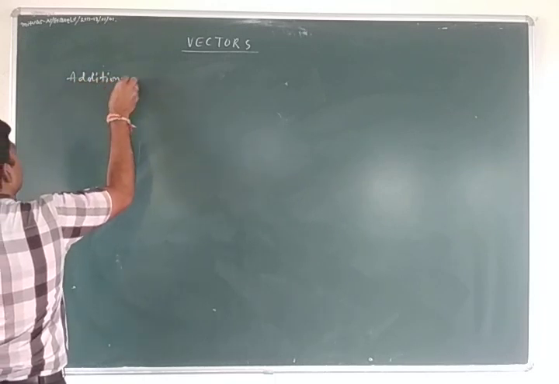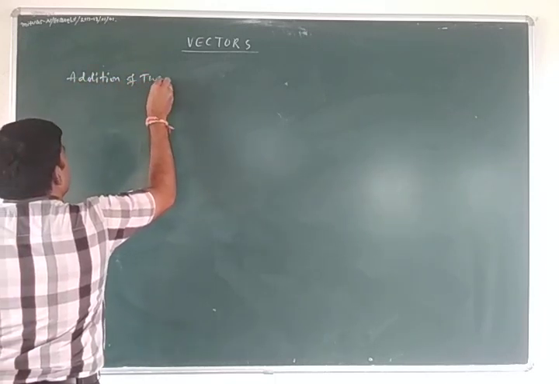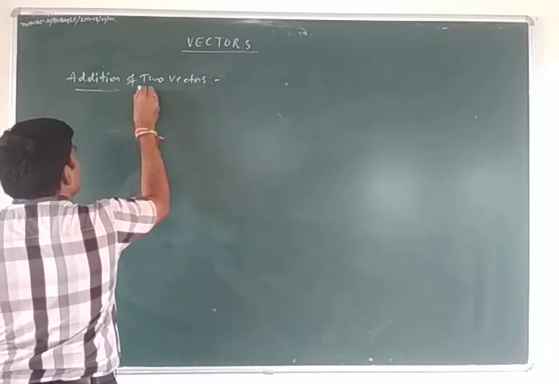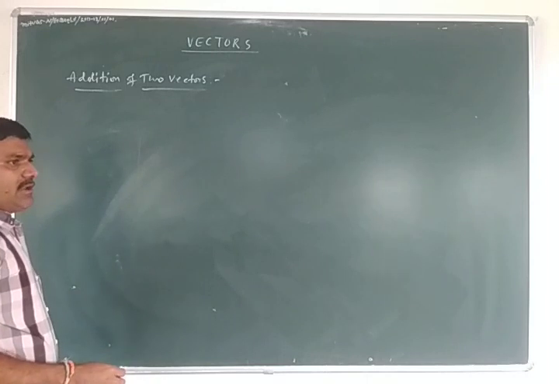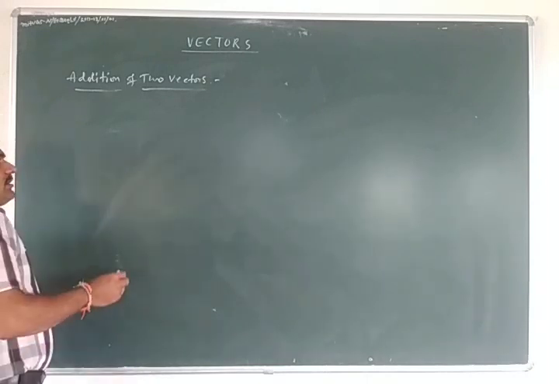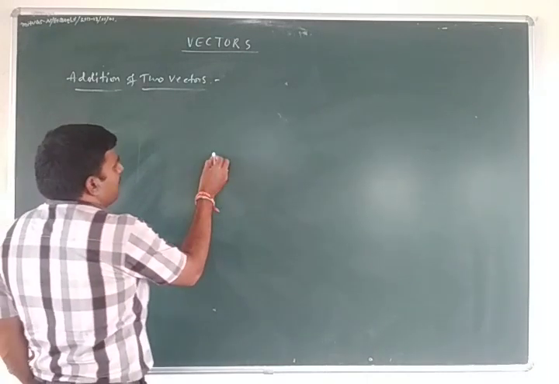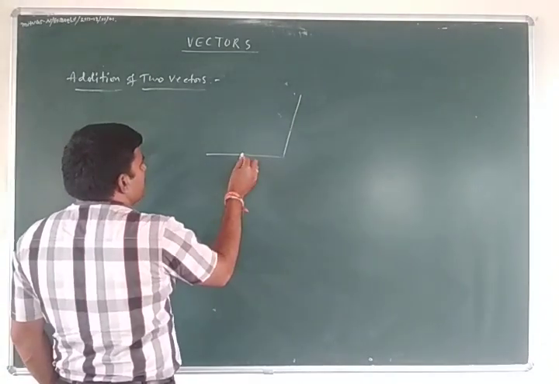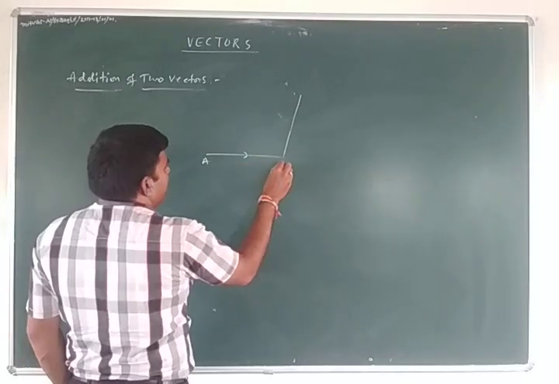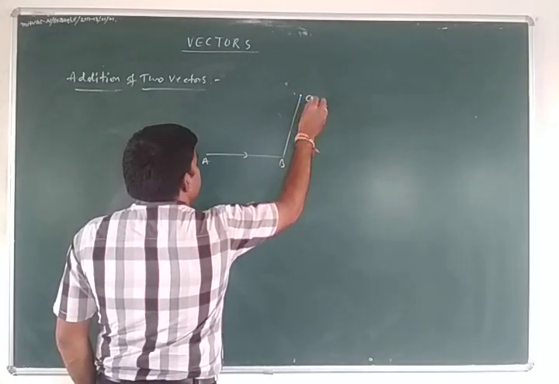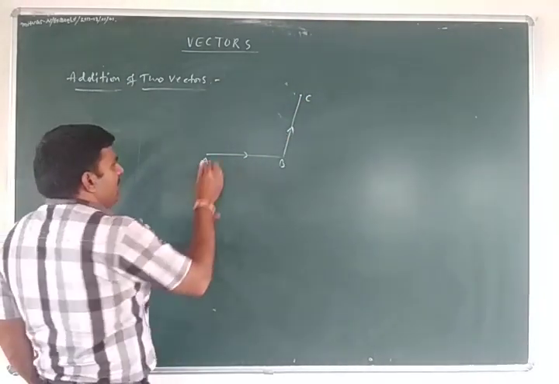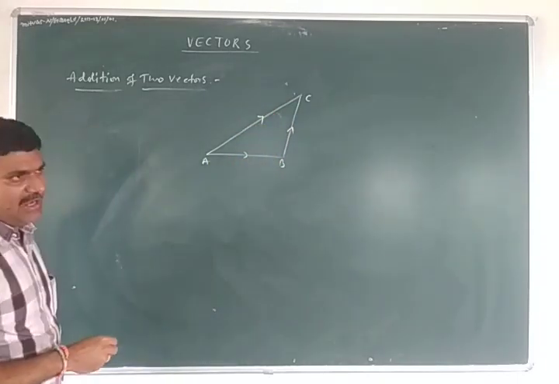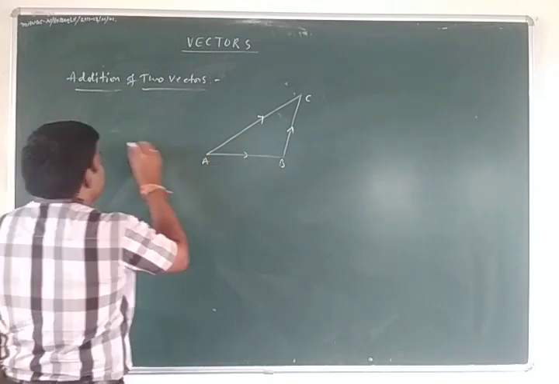Addition of two vectors. So by the triangle law, we are taking a diagram like this. So this is the A, B and C point. Now AC bar is equal to, by using the law of triangle, AC bar is equal to